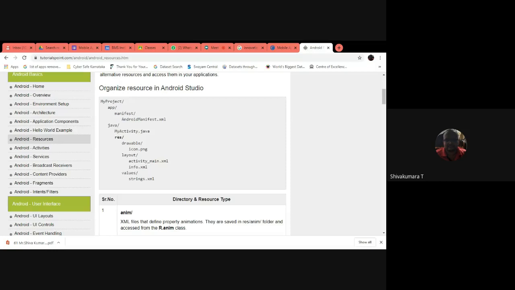Then all the class files relevant to execute and handle the user interactions will be put under the MainActivity.java. Here my activity name has been given, but MainActivity.java is the default name of the .java file. Then under that, res is the resource folder. So in real time I will show, rather than going with this.